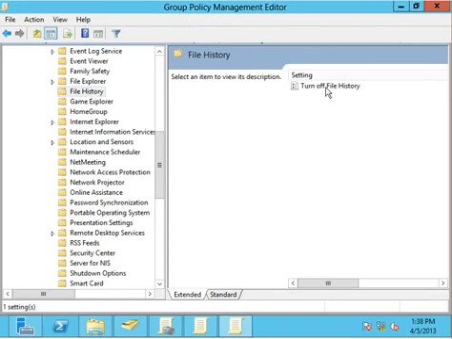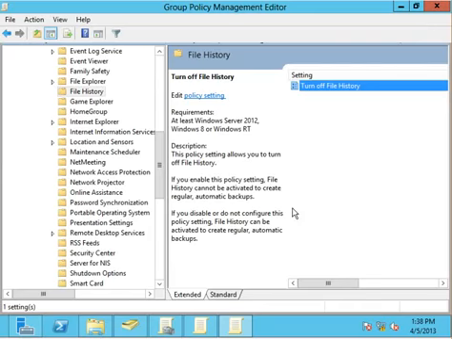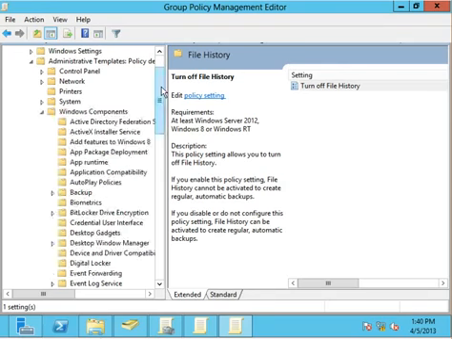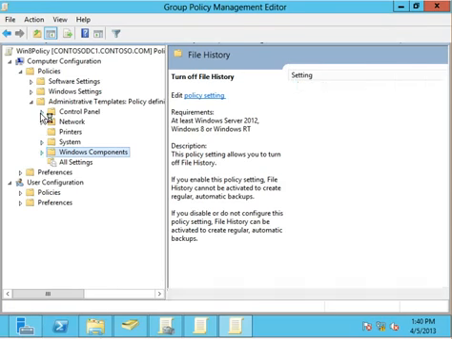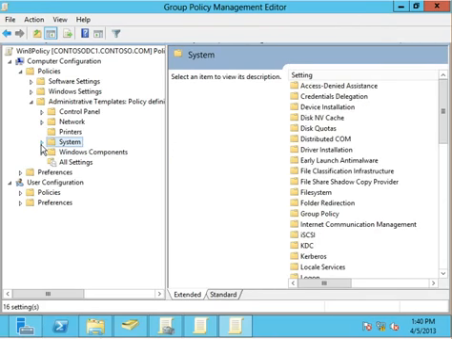So turning this off, you could enable a turn off on the file history so that clients aren't actually using that. That is sort of our new strategy for Windows 8 and backups. So another setting that I don't personally agree with, but I could understand why certain IT departments might have to turn this on, might be this one right here under System,